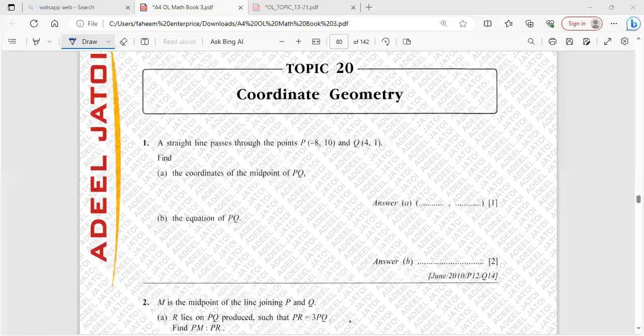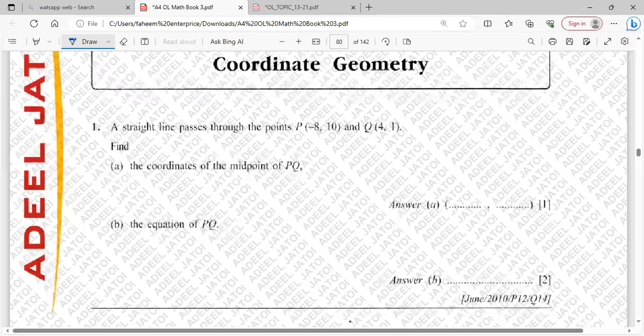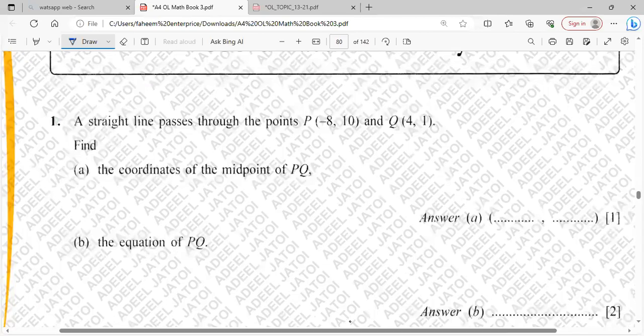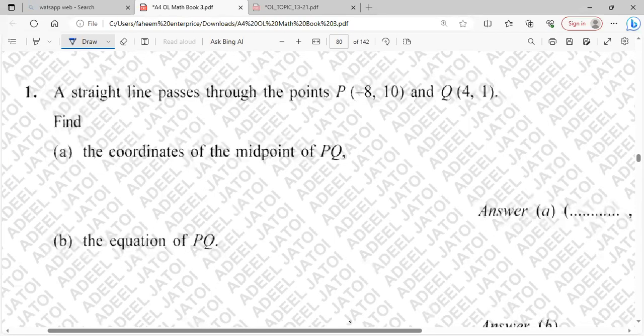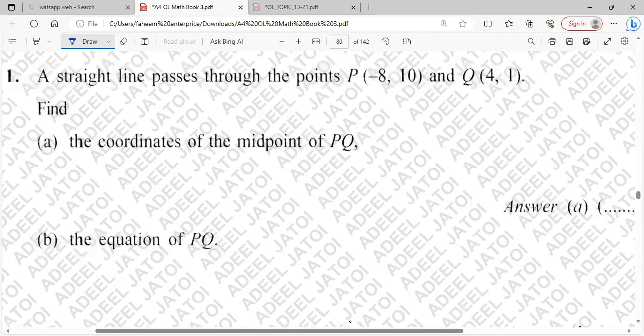So let's do a question. Let's continue with it. A straight line passes through P (-8, 10), Q (4, 1). Find the coordinate of the midpoint of PQ. Since the question requires the coordinate of the midpoint, so midpoint